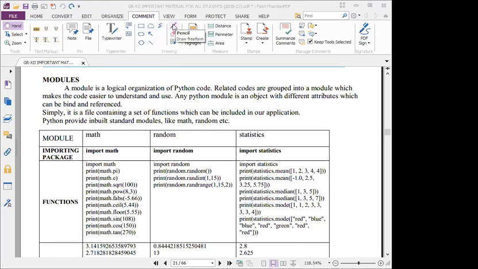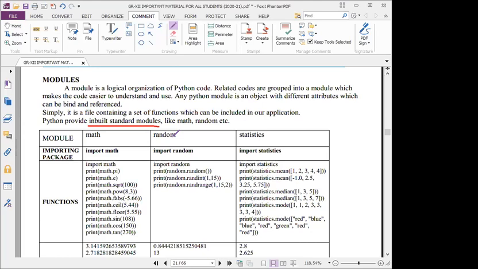In 11th standard we discussed only the inbuilt standard modules, inbuilt functions and modules. Inbuilt means the Python interpreter itself already has these kinds of modules inside it. But we can also create our own program that can be linked to other programs, so there is no need to create the same program again. You can easily refer to that program and its functions in our program. That is the concept called module.